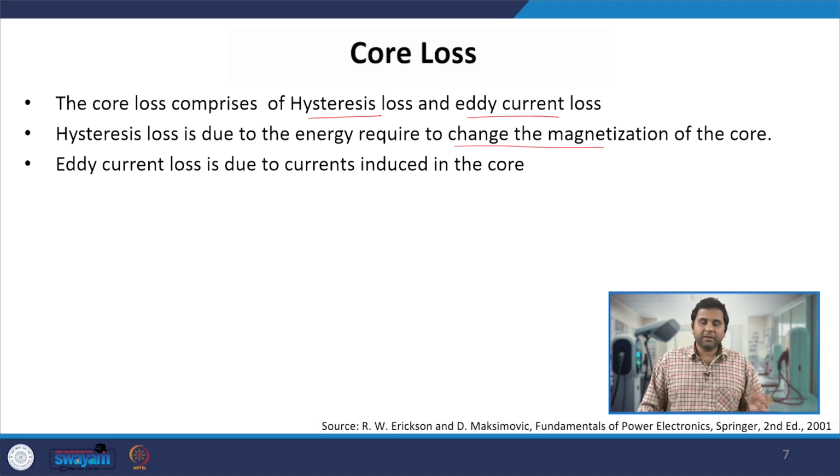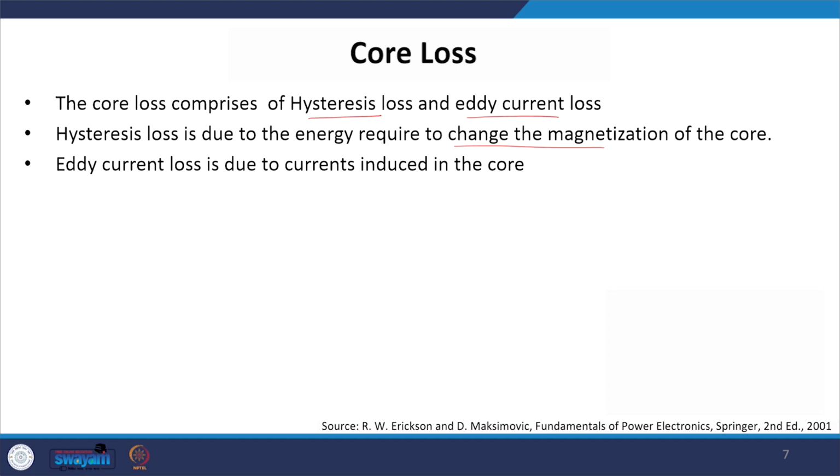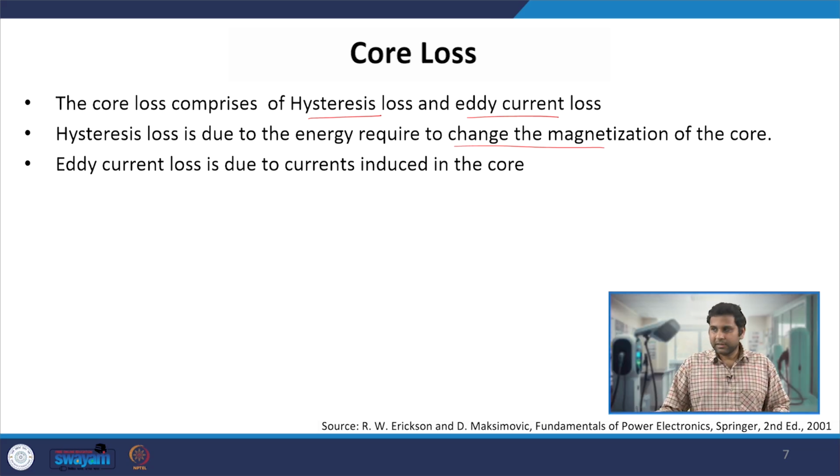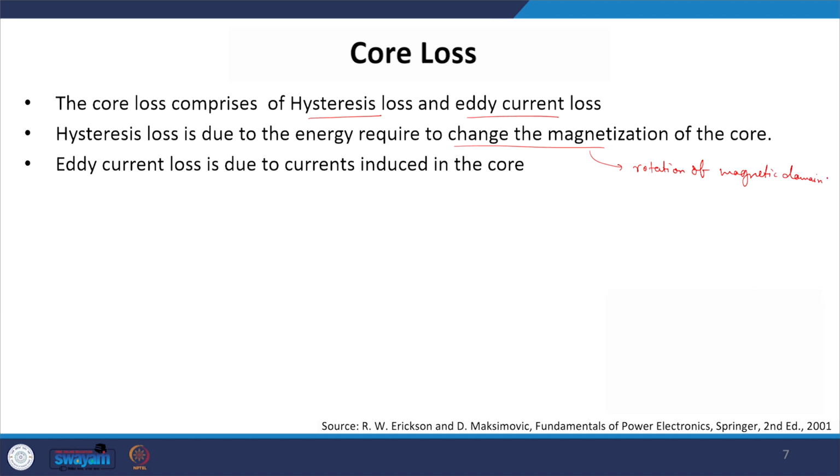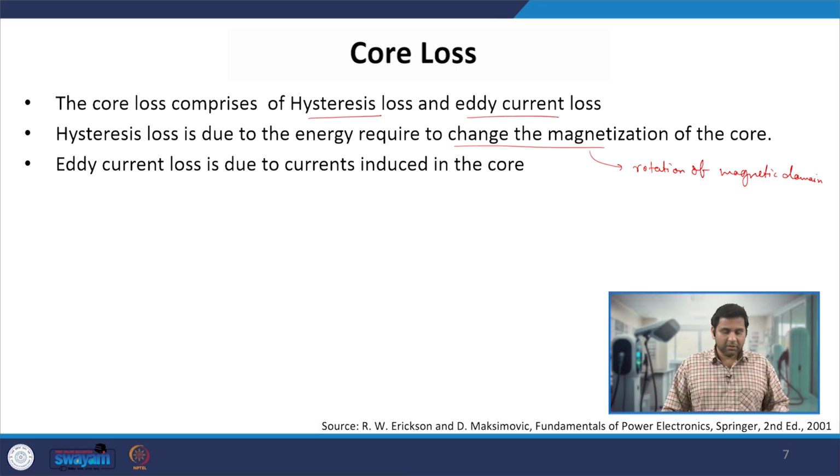That energy goes into the core from the external source, and then it gets dissipated in the form of heat. So this occurs due to the rotation of the magnetic domains. The magnetic domains resist that rotation, and that is why it takes energy to rotate them. Because of that we have losses corresponding to that energy, and that particular loss is called the